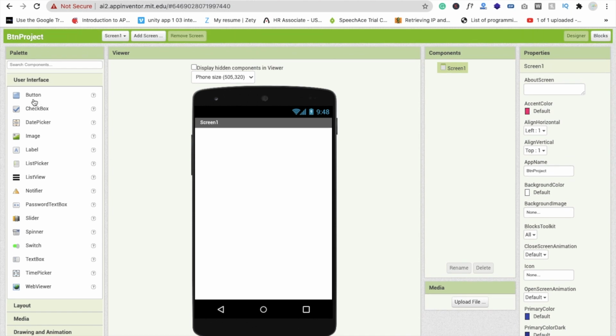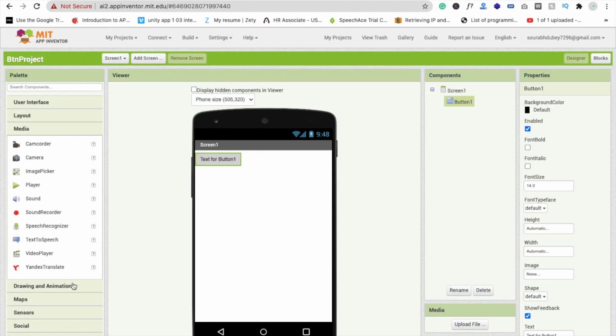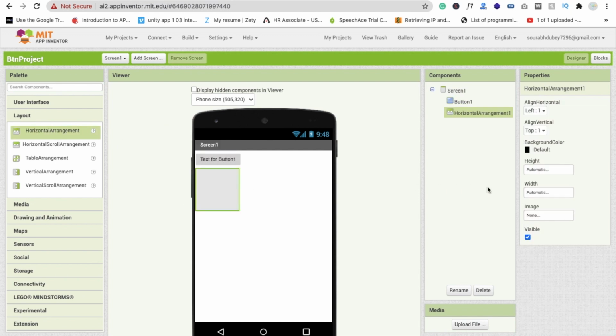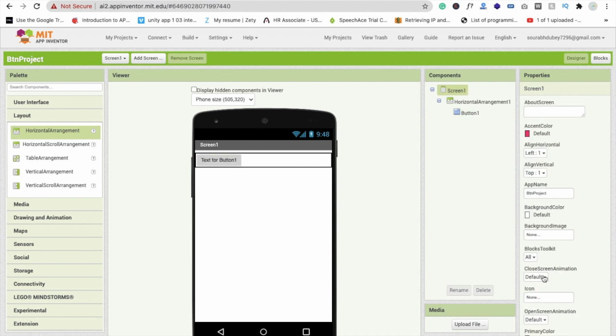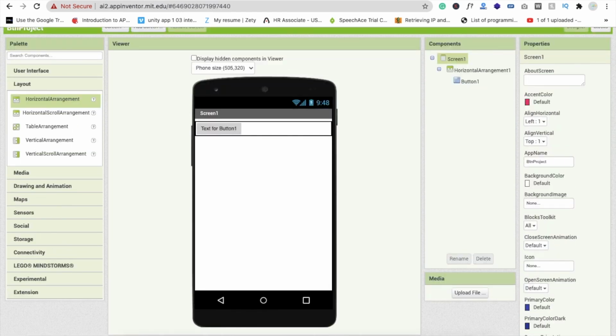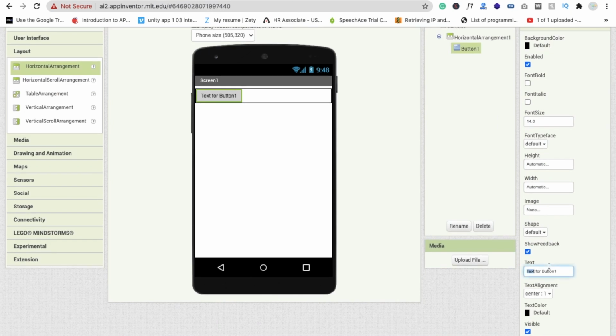We need one button, and I'm going to use one layout, horizontal arrangement, and make this fill parent. Make the background color white, and I'm using this button here. Now I'm going to change the button text to nothing, like click on this button and remove this text.